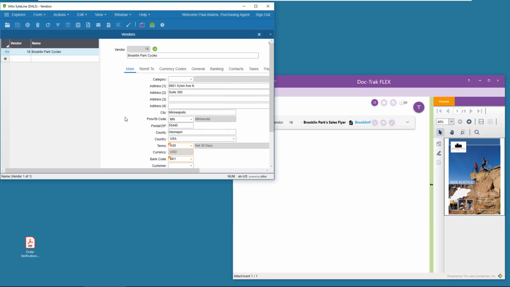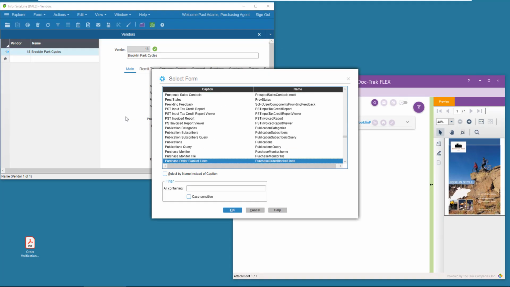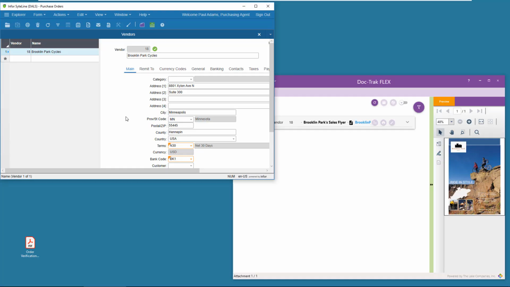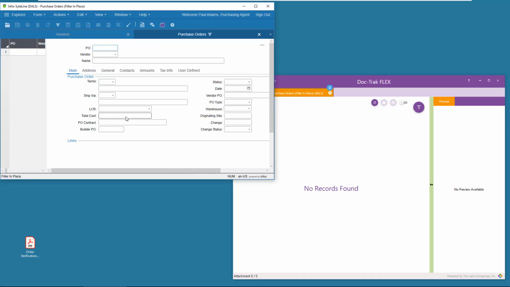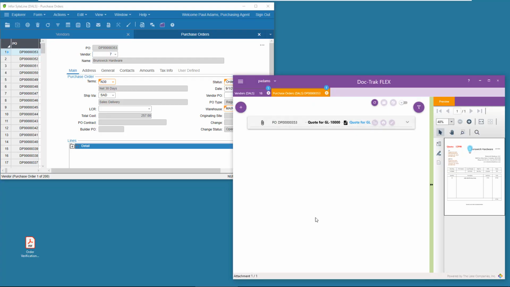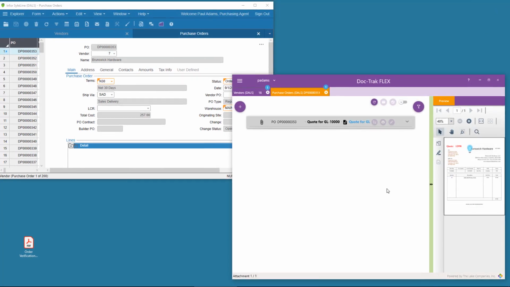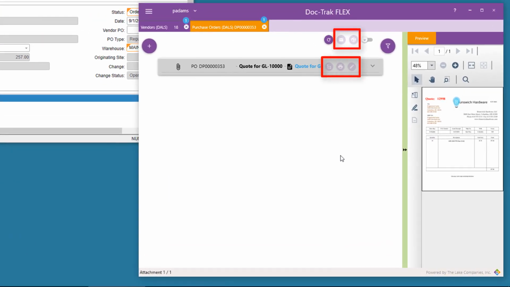Let's compare this to the purchase orders form. There's another existing attachment here for a quote. And these same icons are disabled.